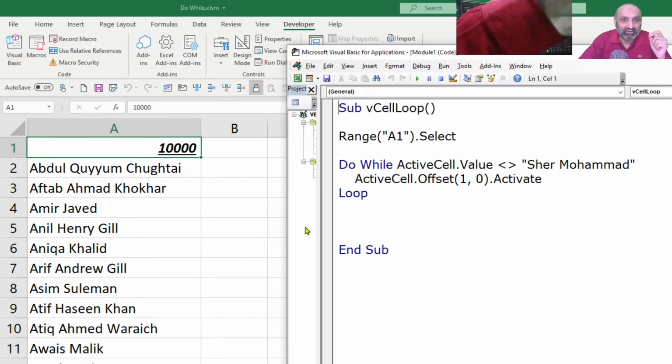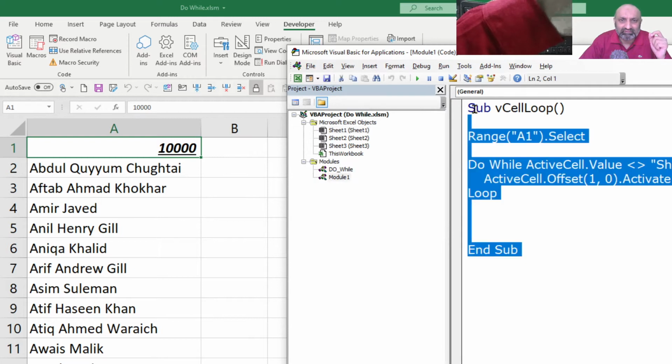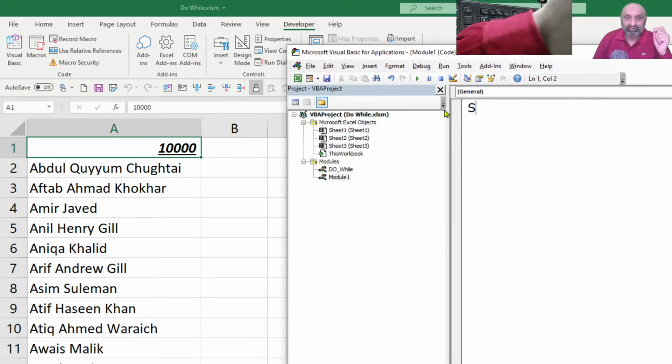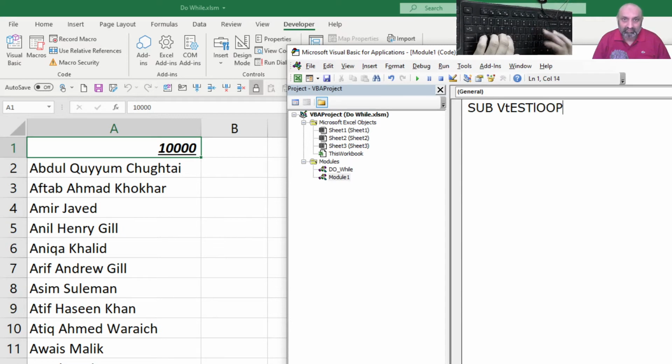So let's go and create a macro, and the macro is still there. So let's delete this and start creating again. So we have this Sub TestLoop. Okay, this is not good.